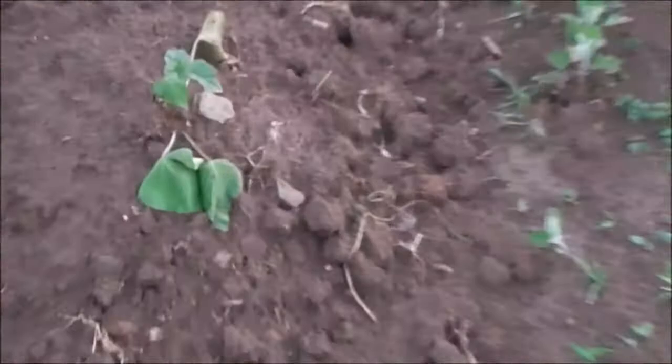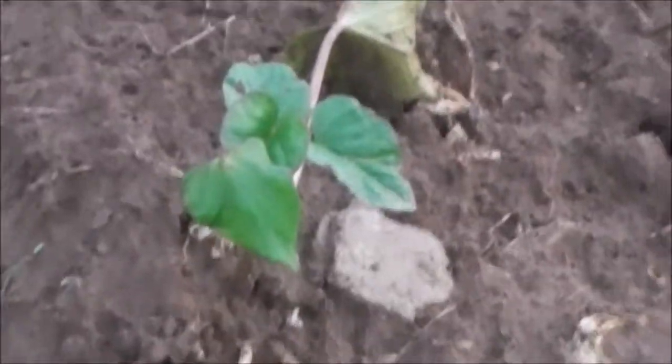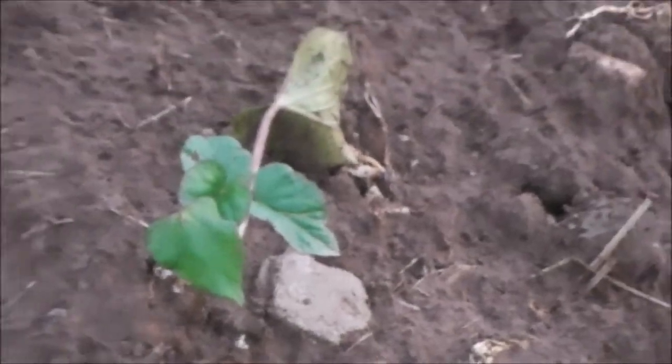So then over here, again, here's my sweet potatoes. I just planted these maybe a week ago. So they're finally, I think, getting adjusted to the dirt. They're getting there. I gotta make this quick because the battery was getting ready to die. So then I got my